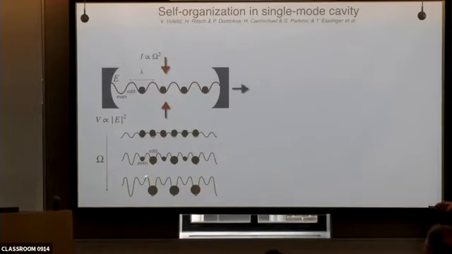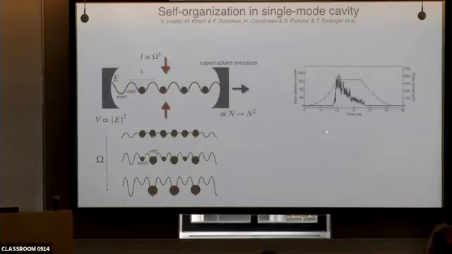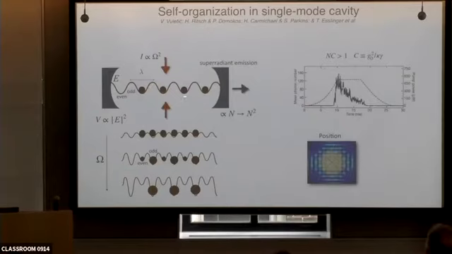Just take an example. Now you have a phased array that is superradiant in the sense that every emitter has a partner lambda away, and so they all emit in phase. Then you get enhanced emission coming out of the cavity. This is superradiant emission. It scales as the particle number squared. So that has been seen. This is one set of data where it's been seen, and you see a burst of light coming out of the cavity. This generally works if your collective cooperativity is greater than 1. You don't need the single-particle cooperativity to be greater than 1. It's a collective effect.